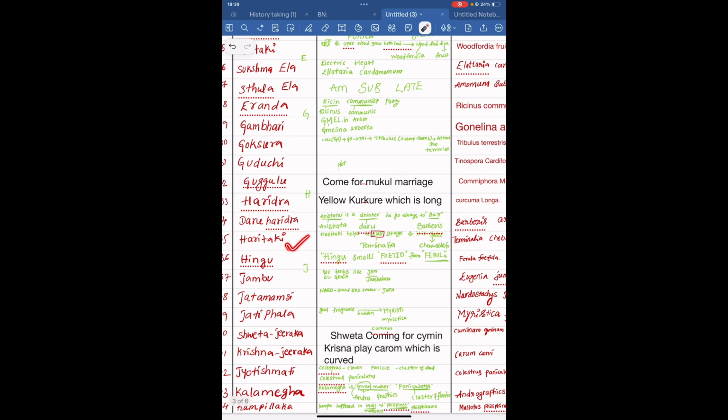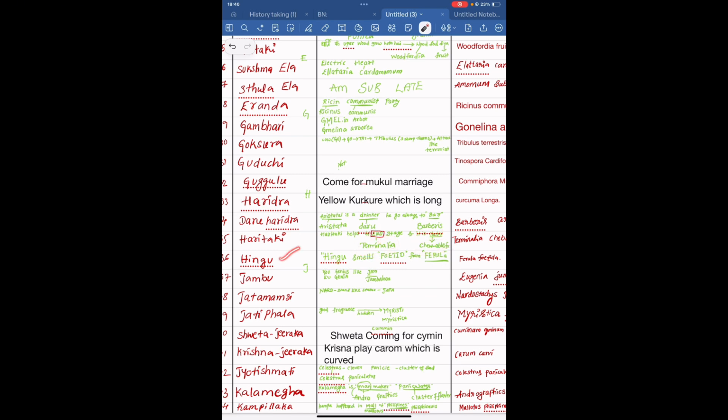Next one is Haritaki. Haritaki always helps in the end stage. So remember the "end." There is another trick for the word "end", that is Terminalia arjuna. You also remember that. So Haritaki helps in the end stage and it is Chabu. The meaning of Chabu is chewable form. So "end" gives Terminalia and it is Chabu, Chebula.